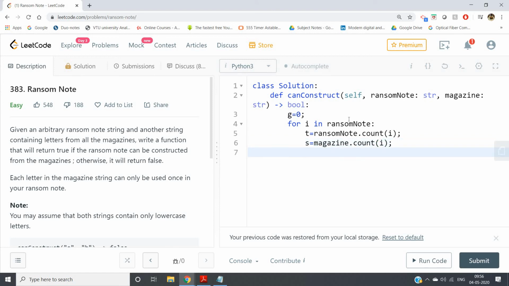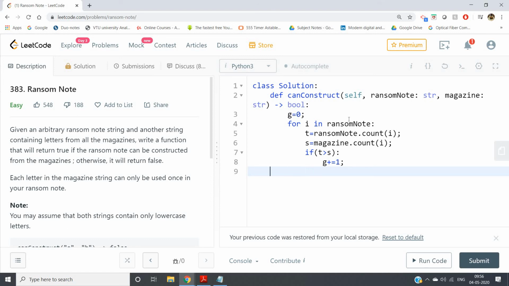Now what I have told you, if t is greater than s, then it cannot be formed, right? So we increment the value, g plus equal to 1.